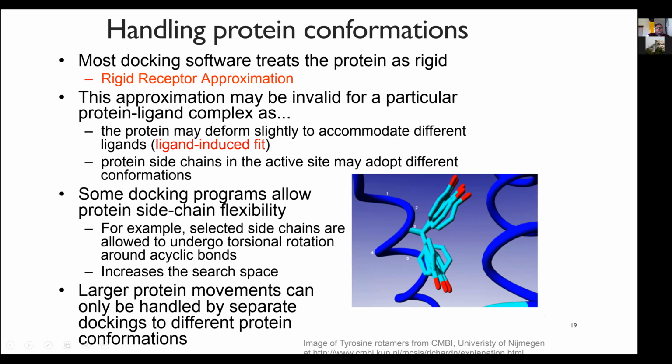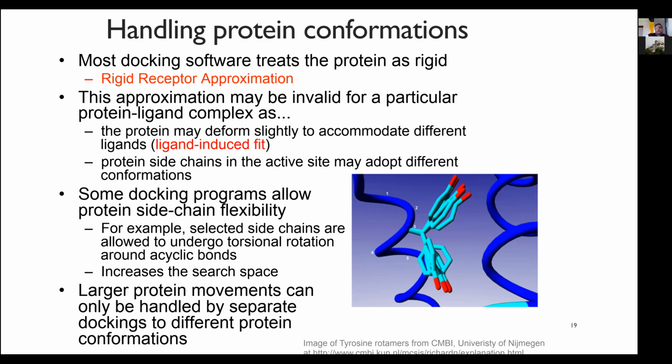Now, since we are considering proteins as rigid structures, do they act rigid in reality? It's not so, because it is known that proteins also exhibit a degree of flexibility, especially flexible enough to accommodate larger ligands and a different set of ligands. You can see that COX-2 has multiple inhibitors, and it is accommodating all those ligands inside its active site. Now, this phenomenon is also called ligand-induced fit. So, although we consider protein as rigid, it is not so in reality.